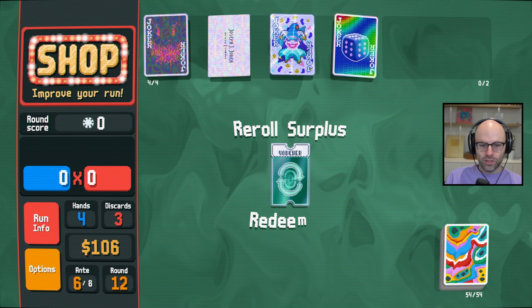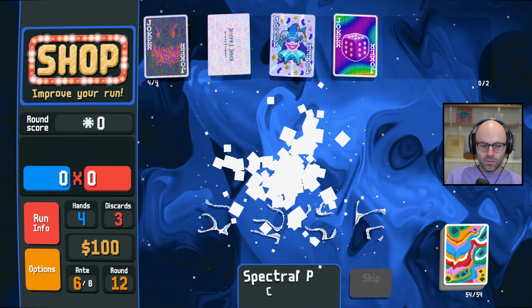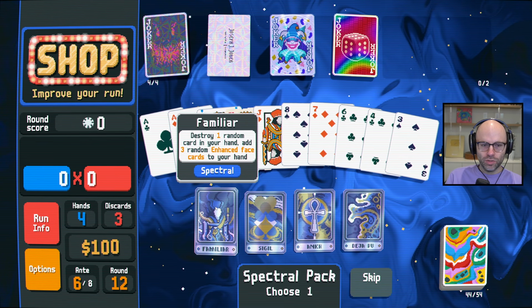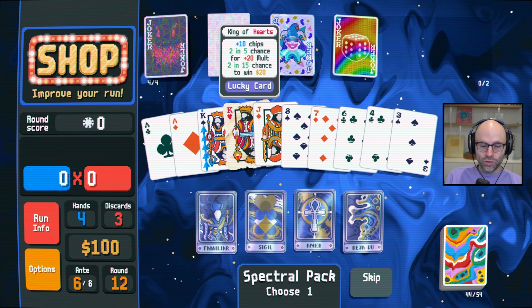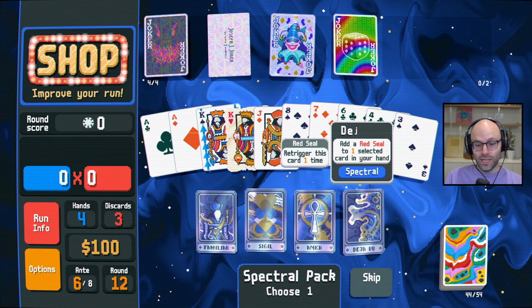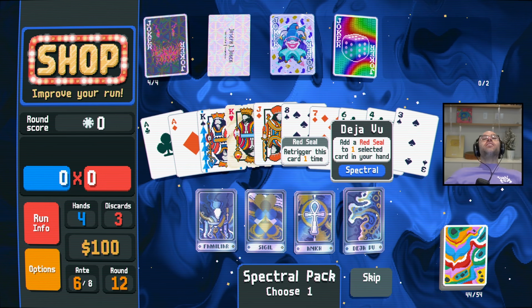Cheaper rerolls. I actually don't want to buy playing cards from the shop, I think. All cards to a single suit. Destroy a random card, add 3 enhanced face cards. Re-trigger on a lucky card with extra probability. Brother, that's the way we gotta send it. Although I'm like, dare I